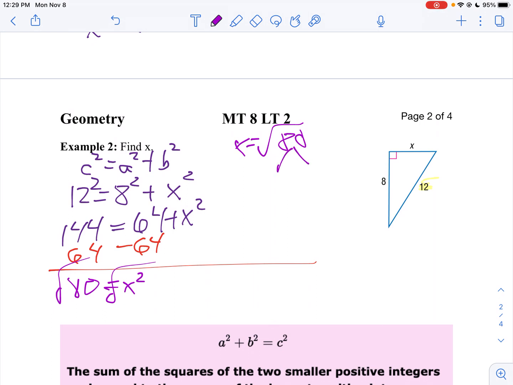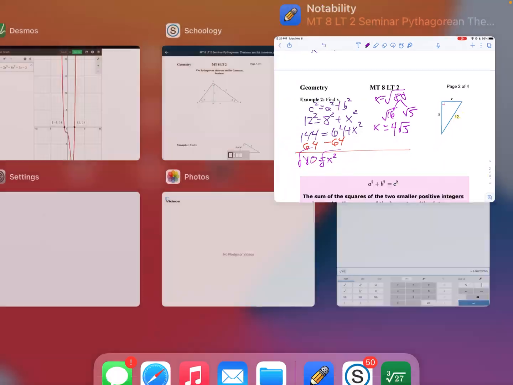Notice I can break that down. 80 is the square root of 16 times the square root of 5. Well, the square root of 16 is 4. So this is the exact answer. Now you can use your calculator. If I take the 4 times the square root of 5,